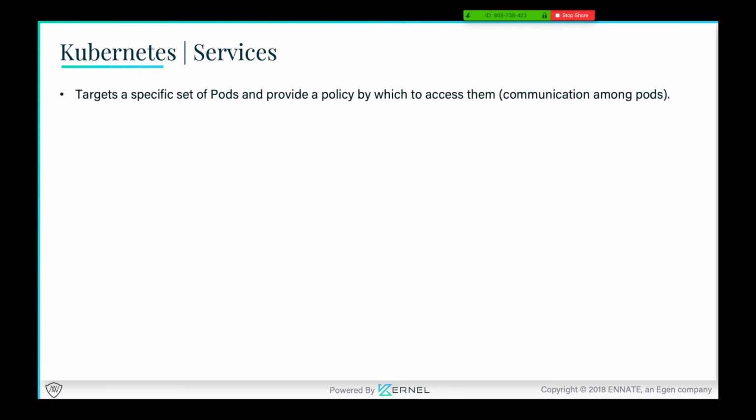So again, the whole point here is this is a different type of object that you can create in the Kubernetes API. It targets a specific set of pods. So again, the same concept here, you have a pod selector, and then it can provide a policy about how you can send requests on what ports and how to do load balancing internally if you have multiple pods and all that kind of stuff. So that's the whole point of a service. It provides a very nice